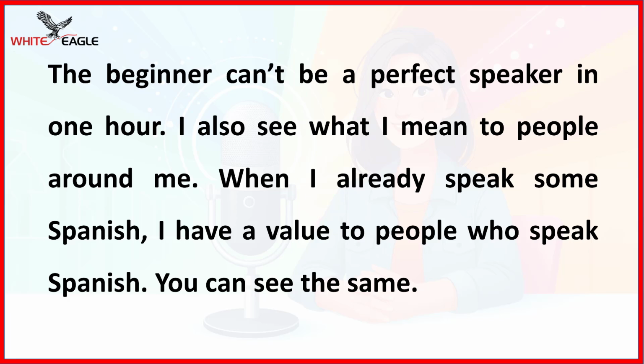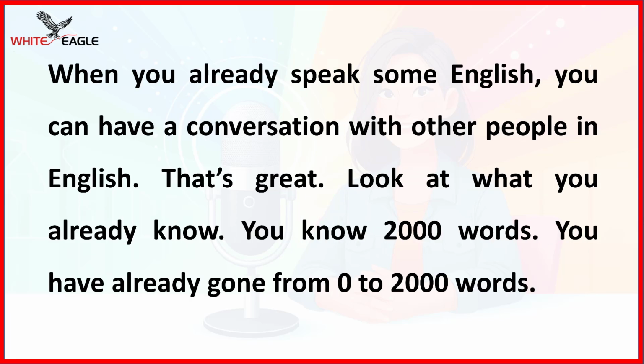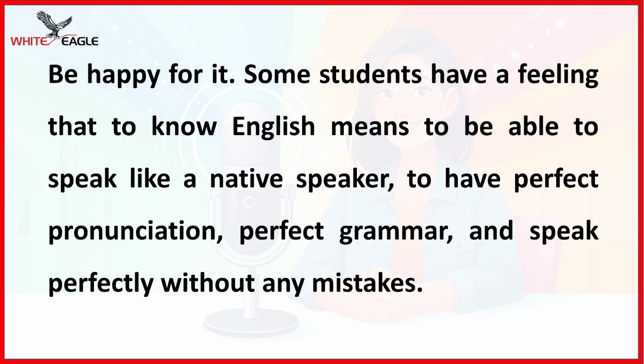You can see the same. When you already speak some English, you can have a conversation with other people in English. That's great. Look at what you already know. You know 2,000 words. You have already gone from 0 to 2,000 words. Be happy for it. Some students have a feeling that to know English means to be able to speak like